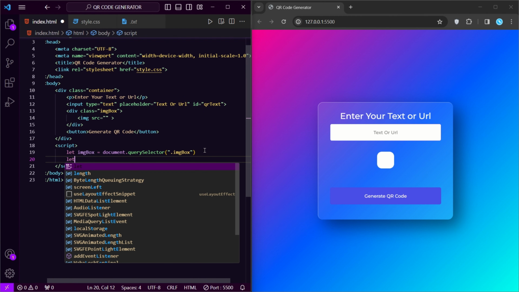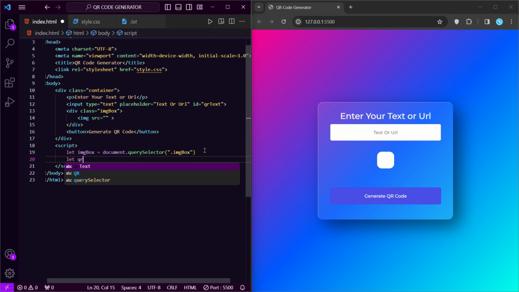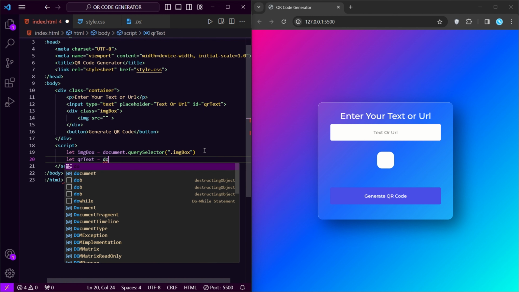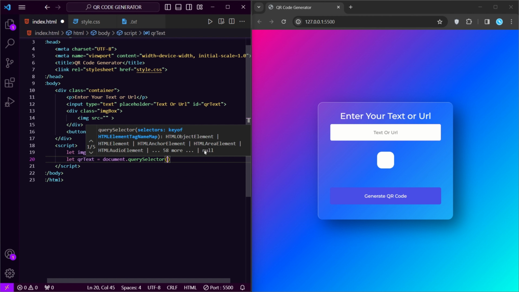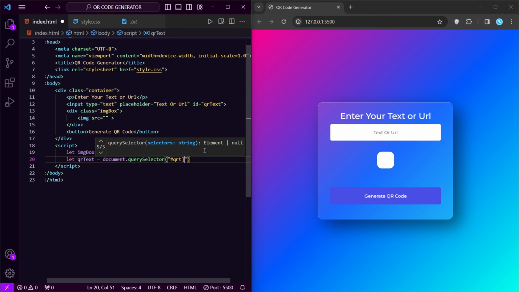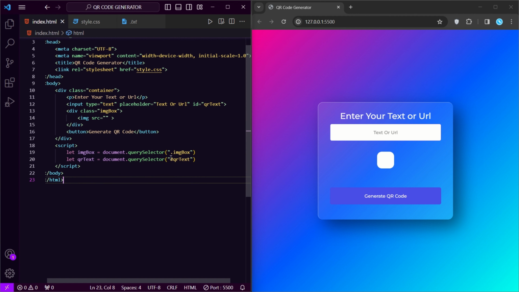Now let QR text equals to document dot query selector. Because it is an ID, I have to give a hashtag.